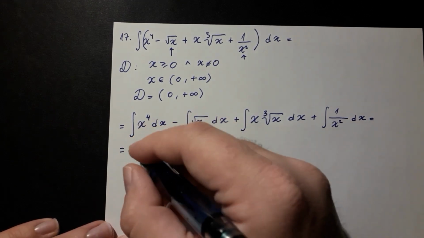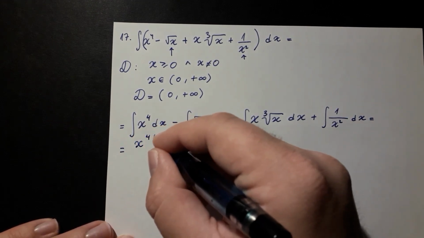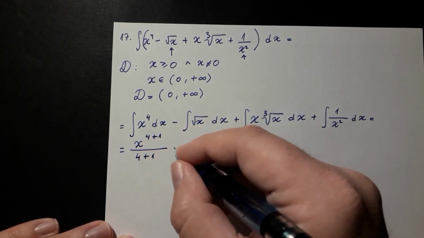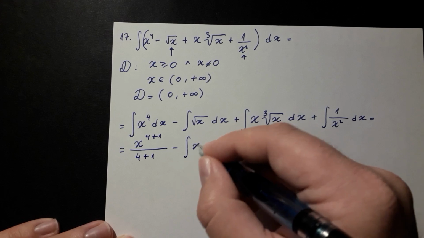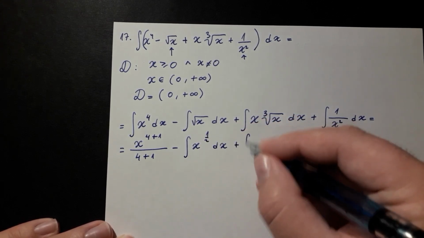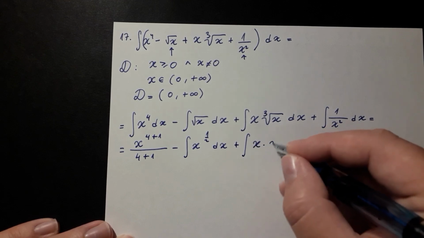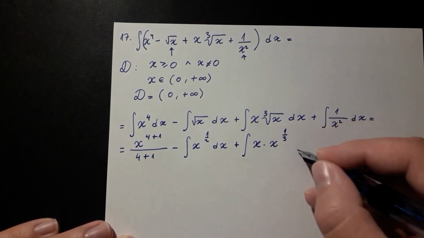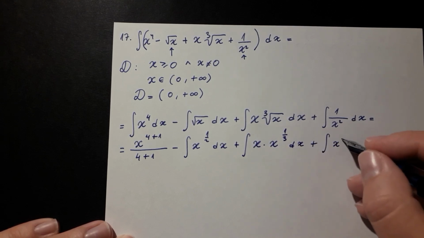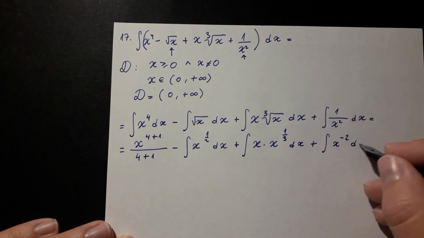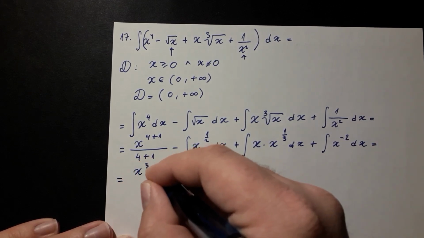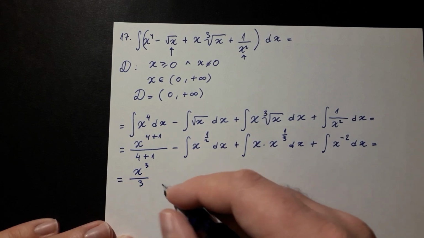This is then equal to x to the 4th power plus 1 divided by 4 plus 1, minus an integral of x to the power of 1/2 dx plus an integral of x times x to the power of 1/3 dx plus an integral of x to the power minus 2 dx, which is equal to x cubed divided by 3,